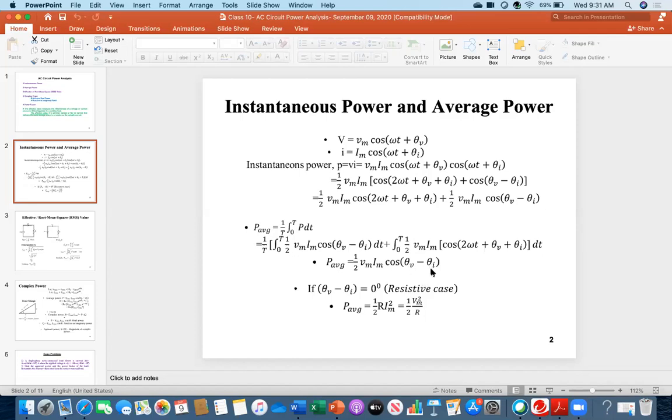So what is the value of cos 90 degrees? 0. So therefore, the average is 0. Everybody keep in mind, in the case of a pure capacitor, for example, you have an AC circuit and you are measuring the power across a capacitor. Current is flowing through the circuit and you want to measure the power across the capacitor. Your reading will be 0. The wattmeter will give you a 0 reading. Same thing, if you measure power across an inductor, you will still get a 0 reading.